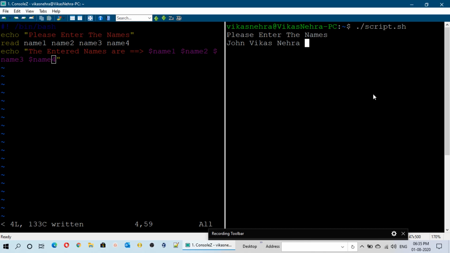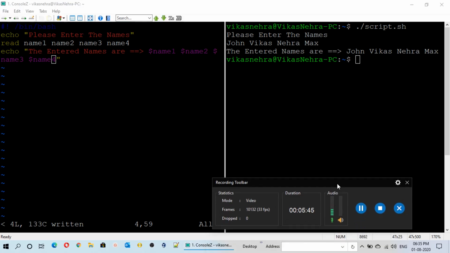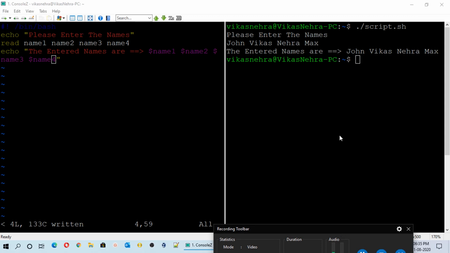Don't press enter after mentioning the names. And one another name like Max. Press enter. So now it will display the names. Whatever names you have mentioned in the input, those names will be displayed here. So by using this method, we can take multiple inputs from the user by using the read operator.